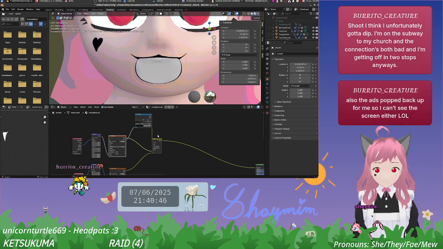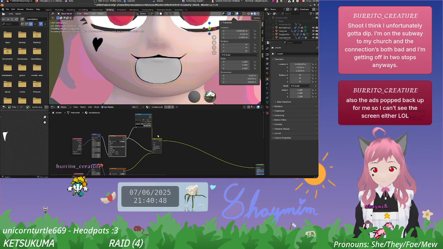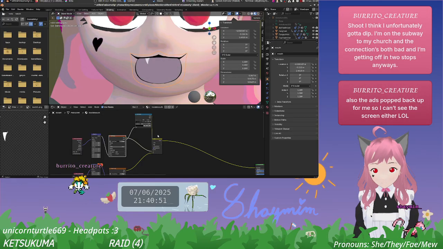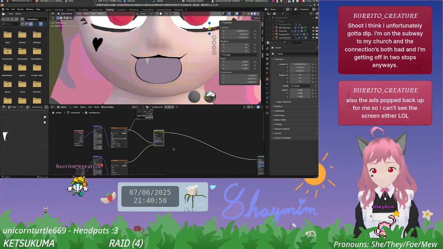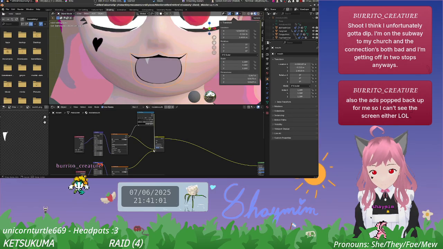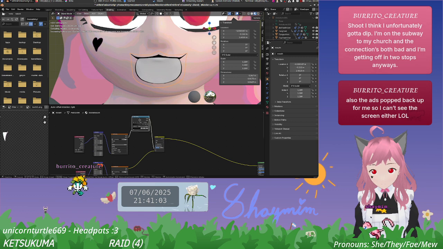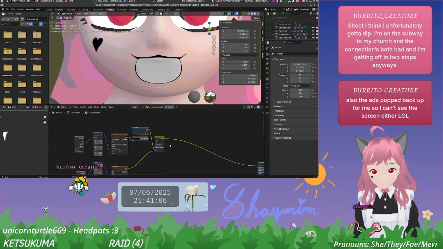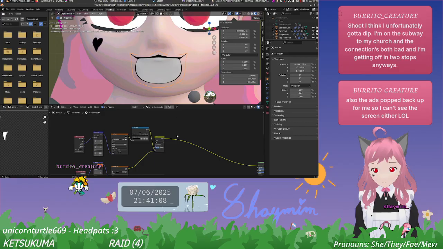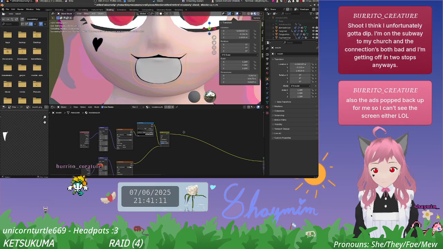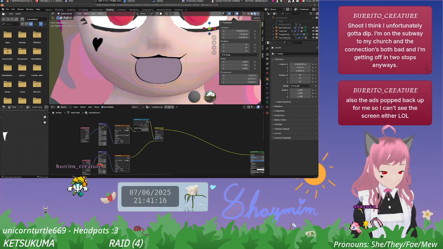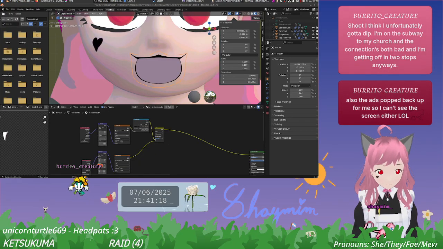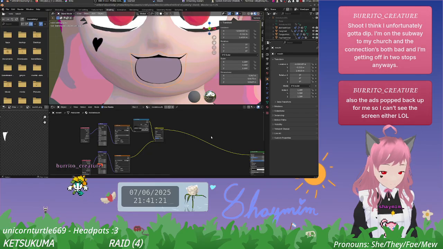Can I just do regular alpha in here? What if I take this out? What about color in A? Like what about this? I'm pretty sure color ramp is going to be involved somehow. Let's also turn that down a little. Maybe that's too much down. I never know anything.